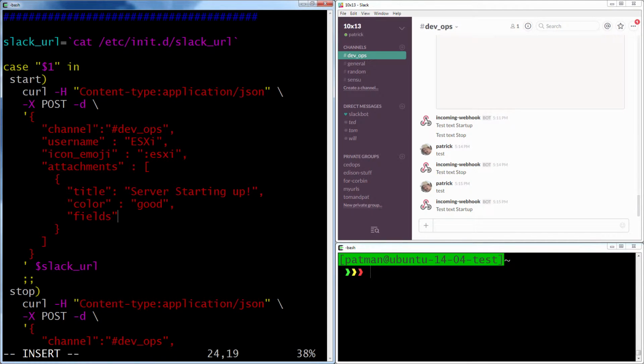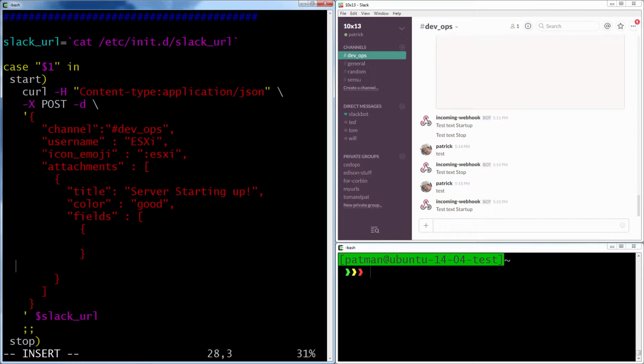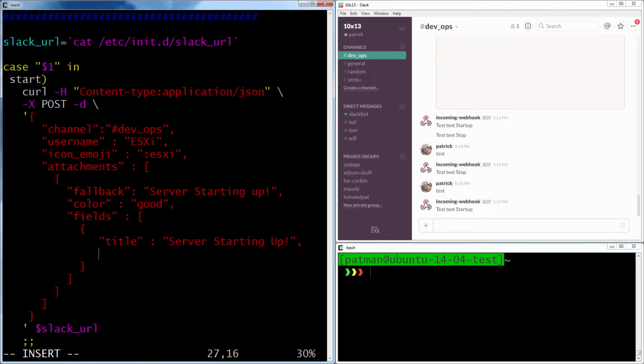And then we go fields. Like so. And then we can do title. Let's say I have a, oh, that shouldn't be title, it should be fallback. Fallback, there we go. Your fallback is what will come across on your pop-up notifications. So that should be a shorter message typically. So I'll say server starting up as a title, and then I'll do value, which is going to be the actual text, and I'll keep it simple to start off with, starting up. And then I'll do short